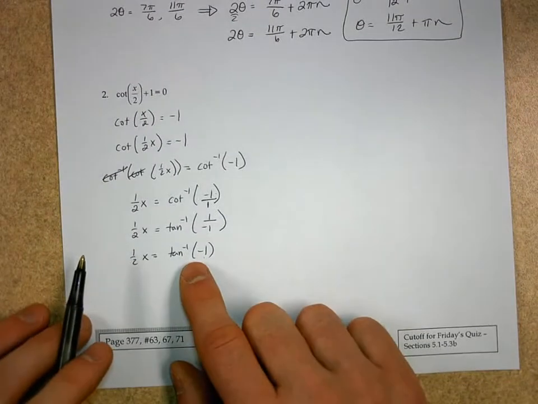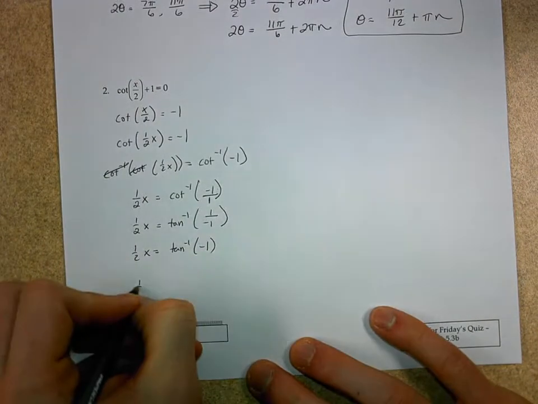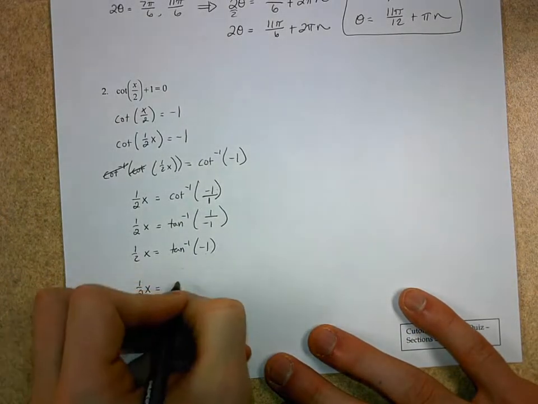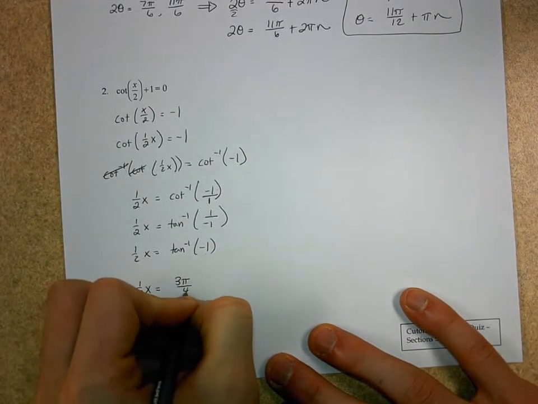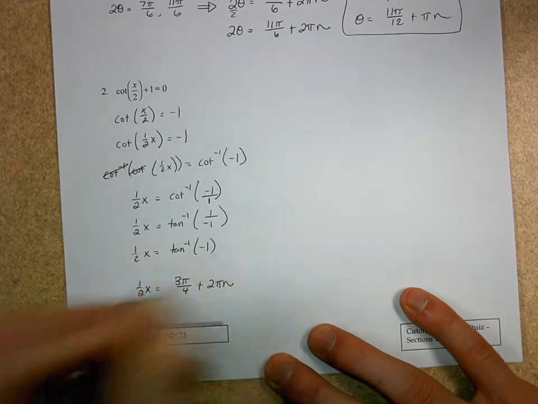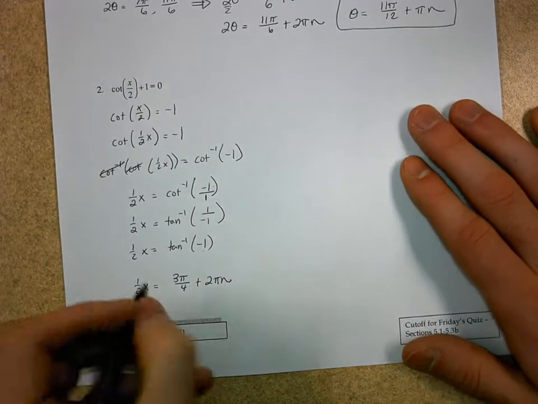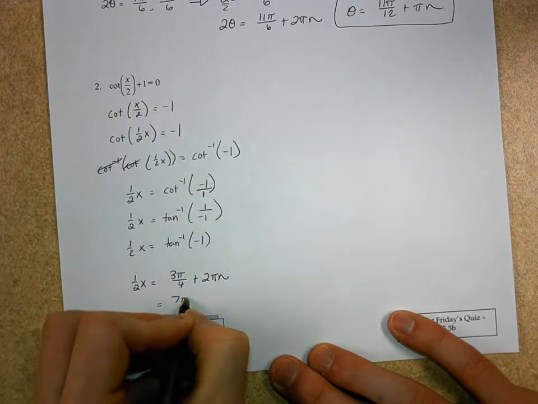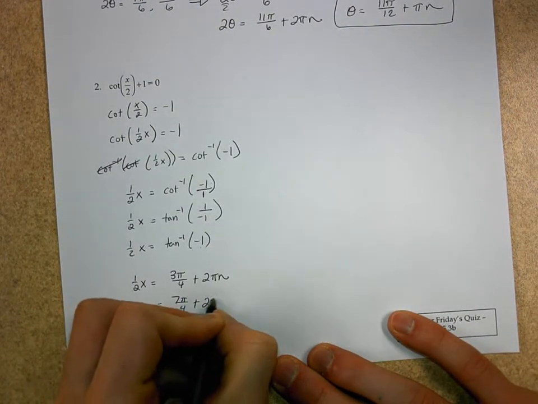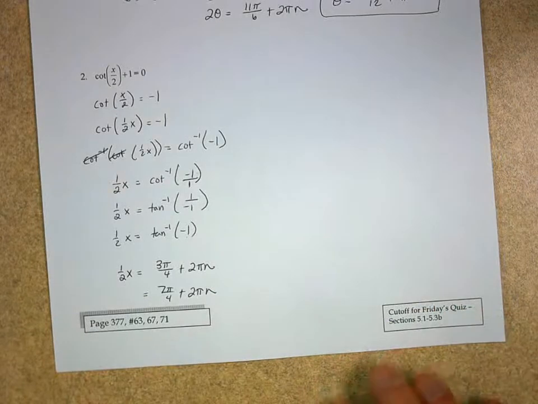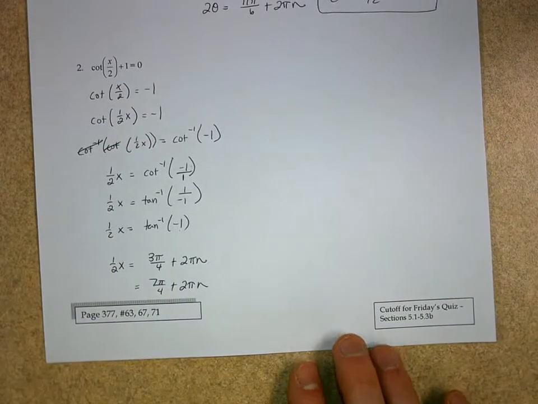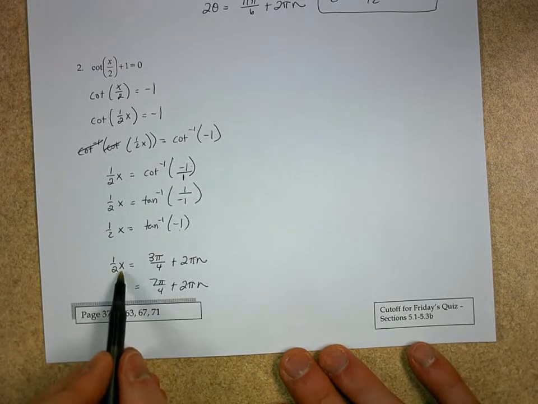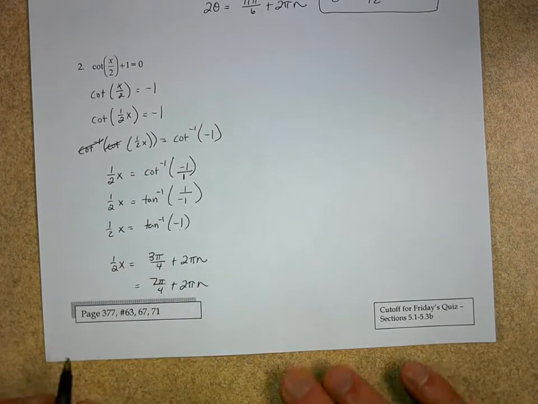So this tangent inverse of -1, 1/2 x, is going to be equal to 3 pi over 4 plus 2 pi n. And it's going to be equal to 7 pi over 4 plus 2 pi n. But I'm not done yet. I need to get x by itself. So since I've got a 1/2 over here, I'm going to multiply both sides by 2,